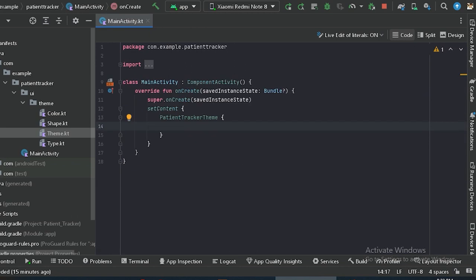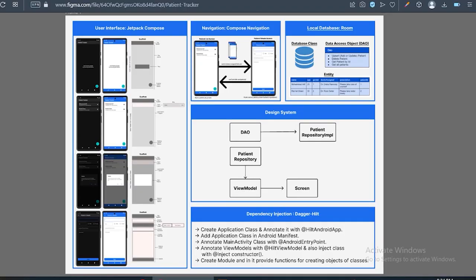Now let's first see what libraries we will use in our project. I have created this helper chart. I will give the link of this chart in the description, and also you can take this chart in the GitHub repository readme file. And the libraries which we will use,